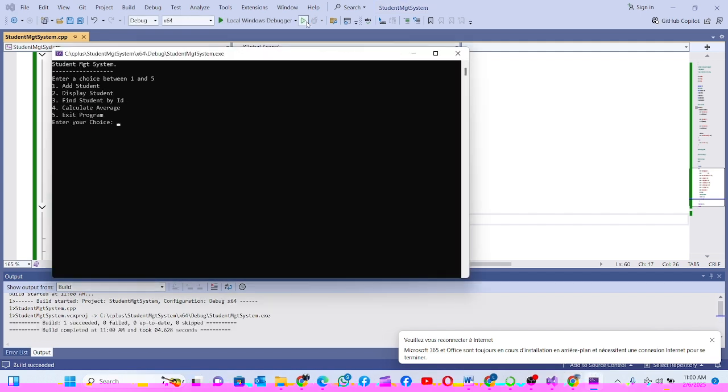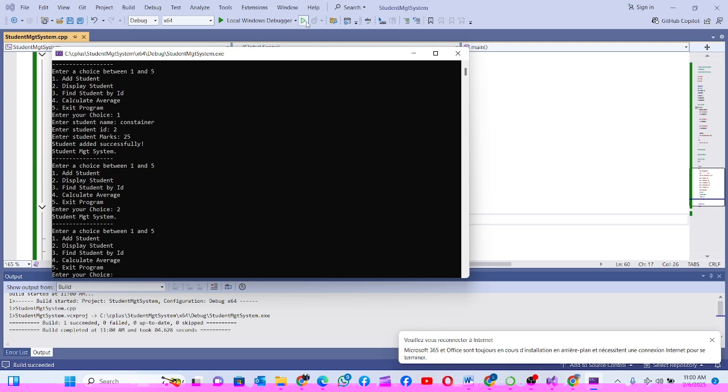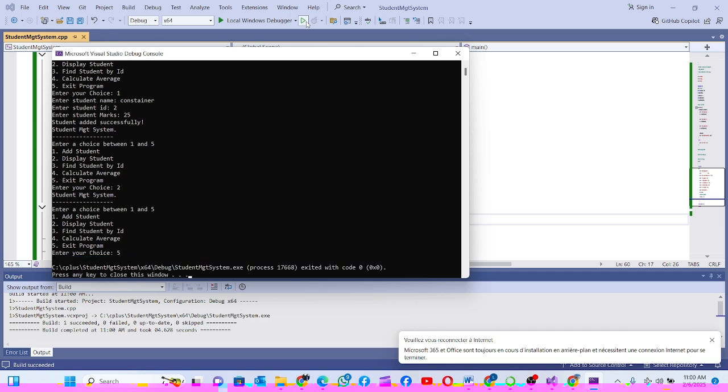So it asks me to enter 1. If I enter 1, it tells me to enter the student's name. So let me just put Constantine and 2, Max 23. Student added successfully. But if I select 2 now, 2 does not exist, right? It just depends. So I select 5,